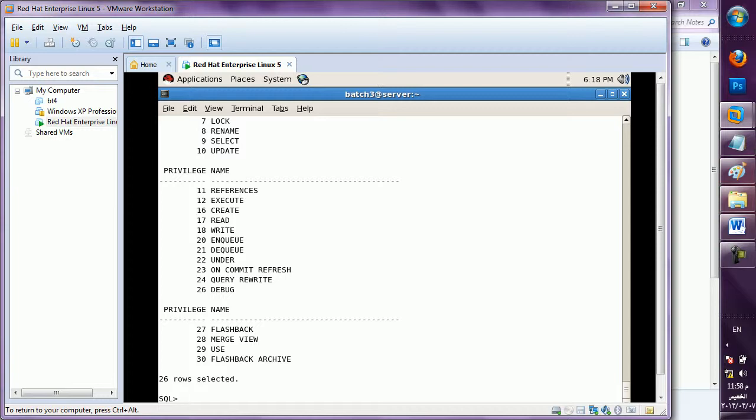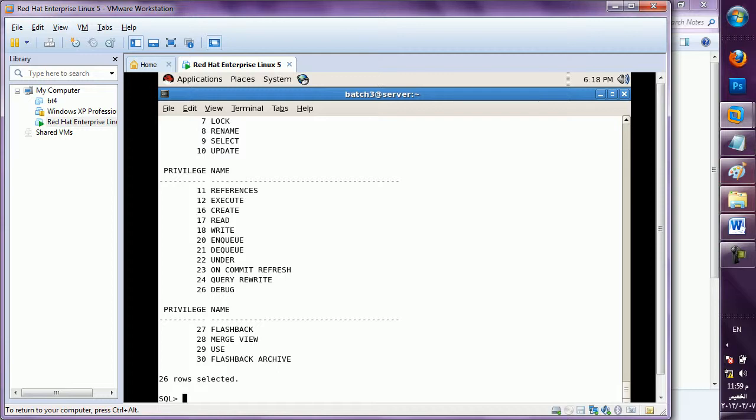Apart from that, we can create our own role also. Why are we creating roles? It is used for easy manageability. Just for easiness you can use that. And role limitations are there. The role name should not match any schema name, and the same role name should not repeat in the same session. If I have created the role name clerk, then you have to use some other name.